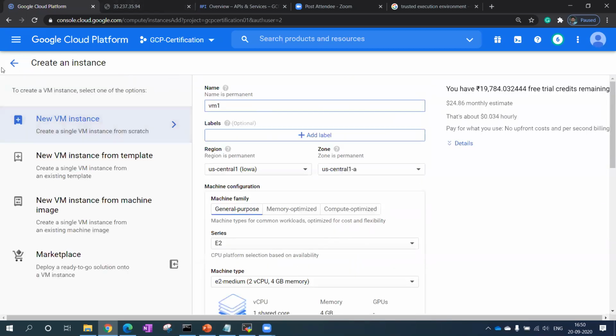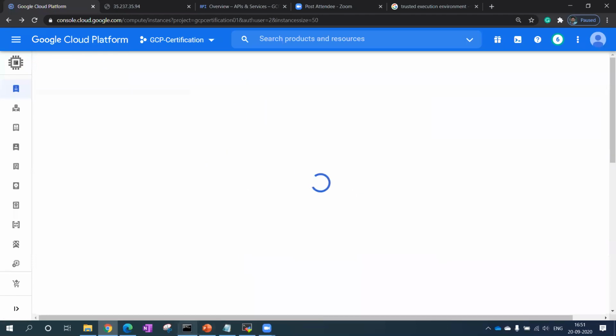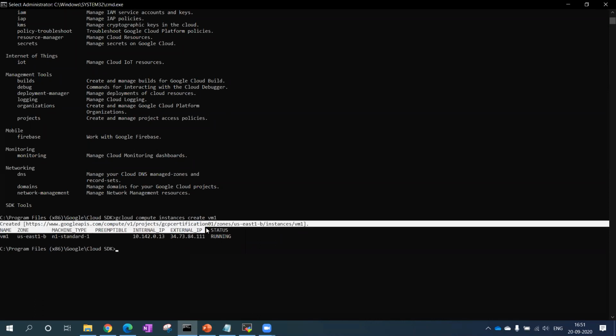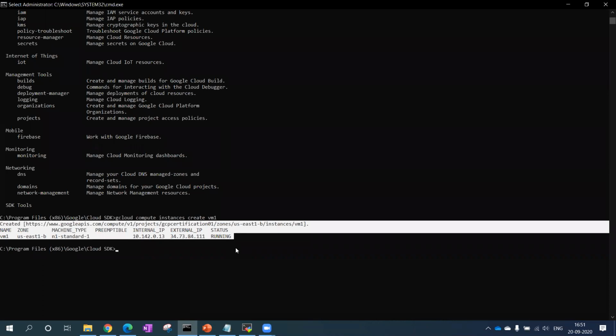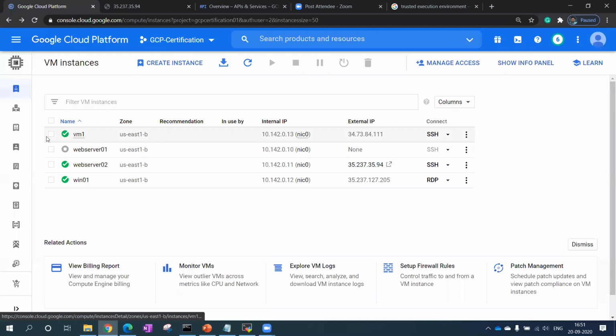So you mean to say, if I have a blank GCP page and have not created any VM, and I run this command, it will take all the default configuration and create the VM? Yes, see the example right now. I just ran the command gcloud compute instances create VM1, and you can see everything getting created. The system takes the defaults and creates it. It's very simple and very fast.